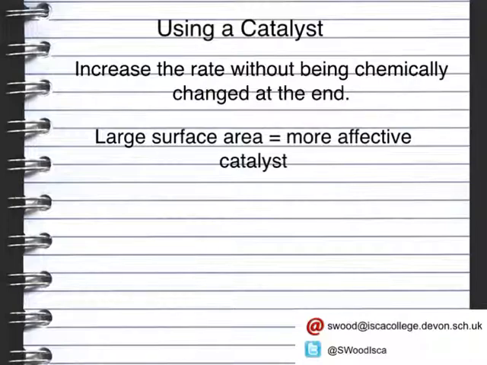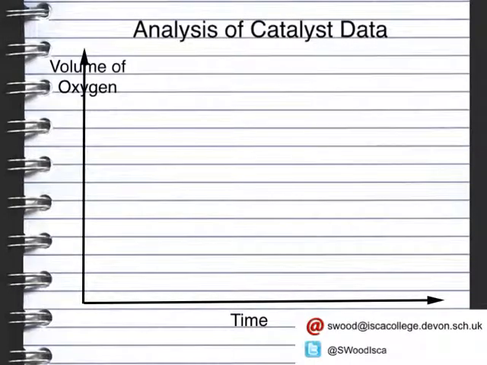Catalysts are quite often the transition metals, which are the elements between group 2 and group 3. So elements from scandium to zinc, which includes things like iron, nickel and chromium, are all very good catalysts. Now, if we have a look at a set of data, we can see from the graph that we're going to look at here